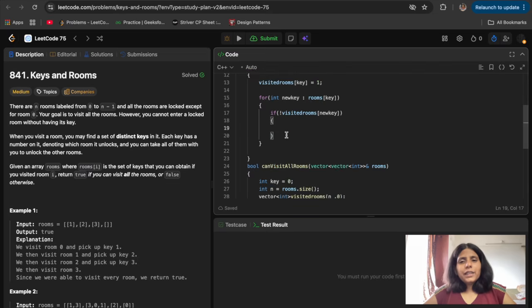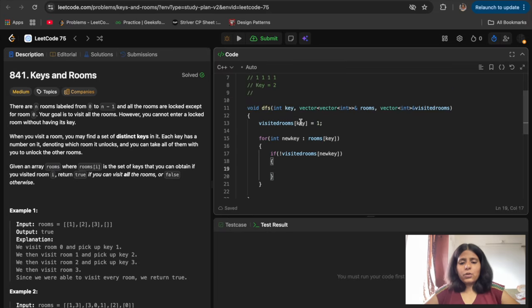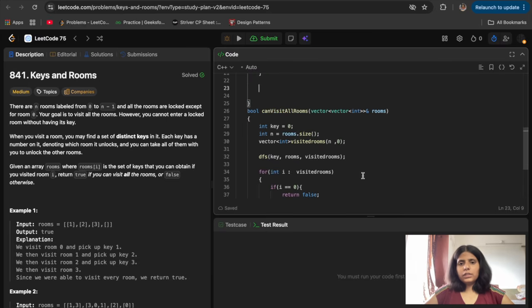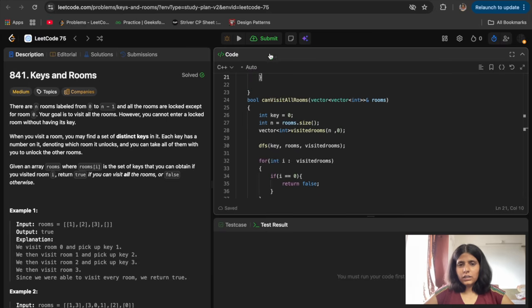Basically, if that room isn't visited, then repeat the same process: go to that room with that new key, visit that room and repeat the same procedure again. So basically we will do this and let's submit this code.